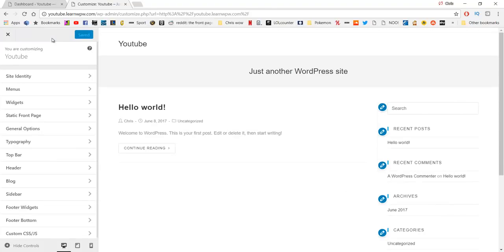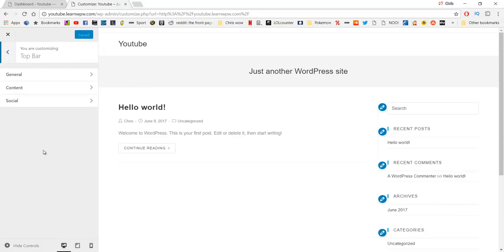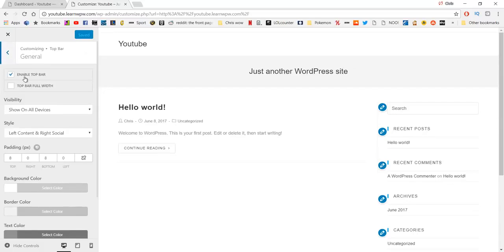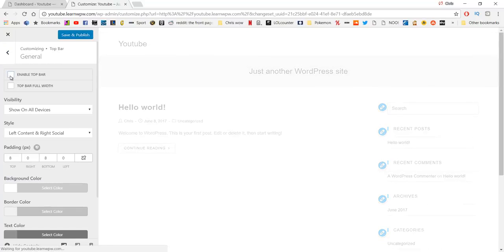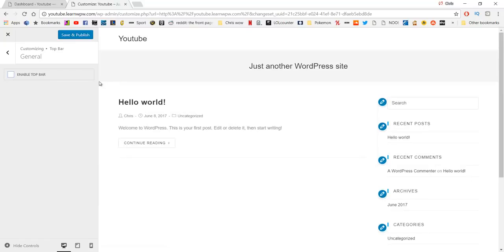So the first thing that we're going to change is, if you look real closely at the top of your website, you'll see a faint line going across. This is called your top bar, and I am not a fan of it at all. So I am actually going to remove that little section by going here where it says top bar, general, and I'm going to untick the enable top bar. So that's now removed, which is what I wanted. Perfect. So now if we go back and back again,